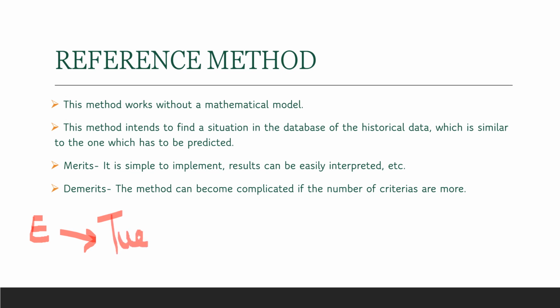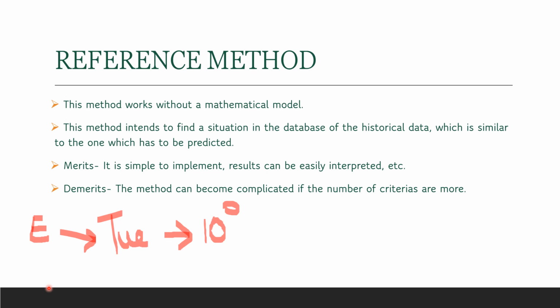We want to calculate the electricity demand on a Tuesday with a mean predicted temperature of 10 degrees. So this is our aim. Our aim is to calculate how much electricity should be generated for a Tuesday with a mean predicted temperature of 10 degrees Celsius. To achieve this particular thing, what we do,